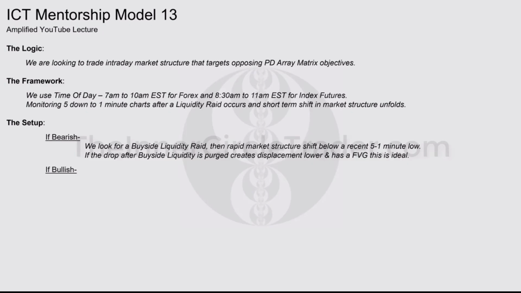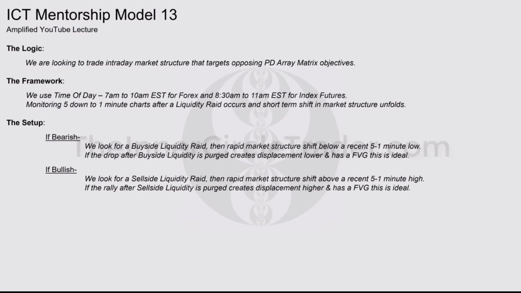If bullish, we look for a sell side liquidity raid, then a rapid market structure shift above a recent 5 down to 1 minute high. If the rally after sell side liquidity is purged creates displacement higher and has a fair value gap, this is